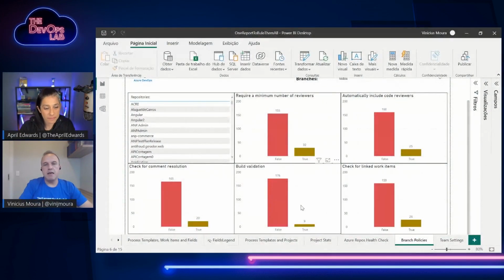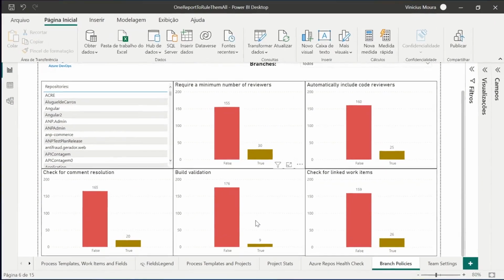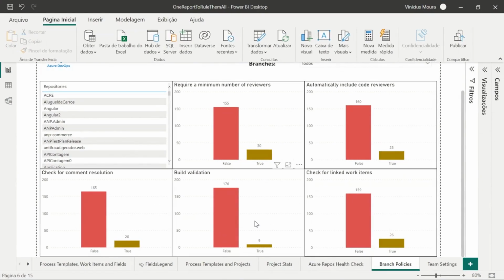Yes, example here. This is my main policy, in my opinion. I will enable the review on pull request, and of course I need to get build validation. I need to run a continuous integration to verify if this pull request is valid or not.